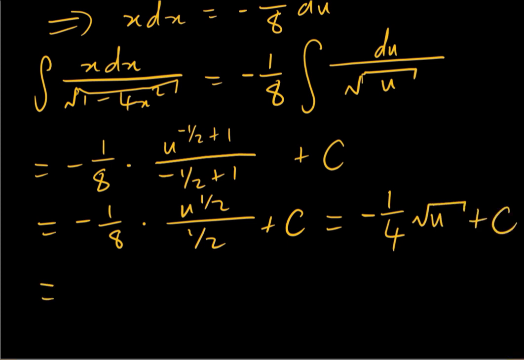And then when we substitute the u back in, we get negative a quarter times the square root of 1 minus 4x squared